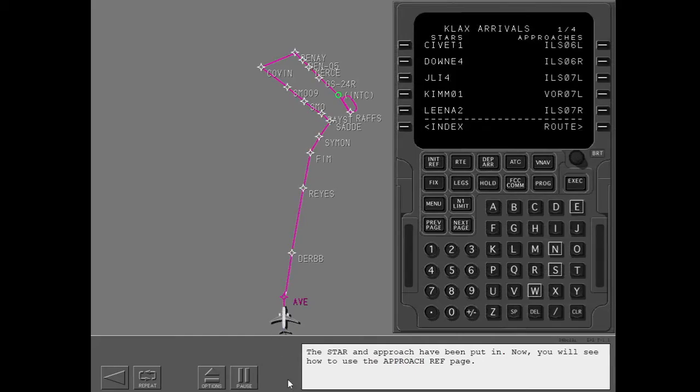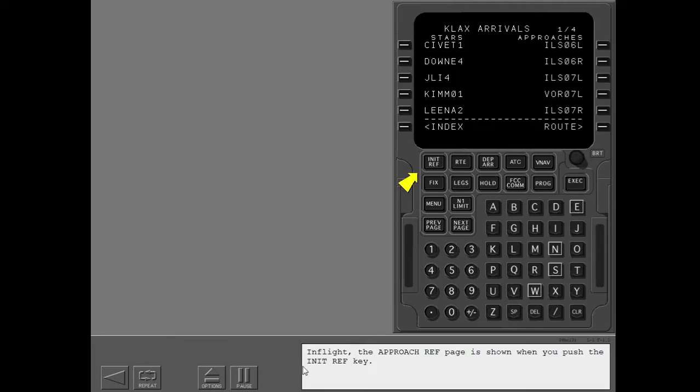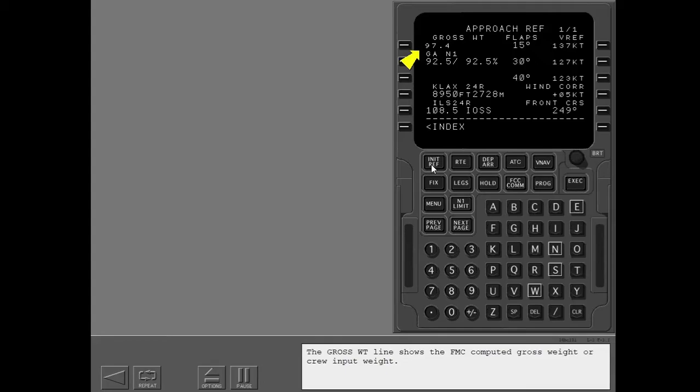Now you will see how to use the approach reference page. In flight, the approach reference page is shown when you push the initialization reference key. Show the approach reference page. The gross weight line shows the FMC computed gross weight or crew input weight. If you try to put in a gross weight that is not in the allowed range,